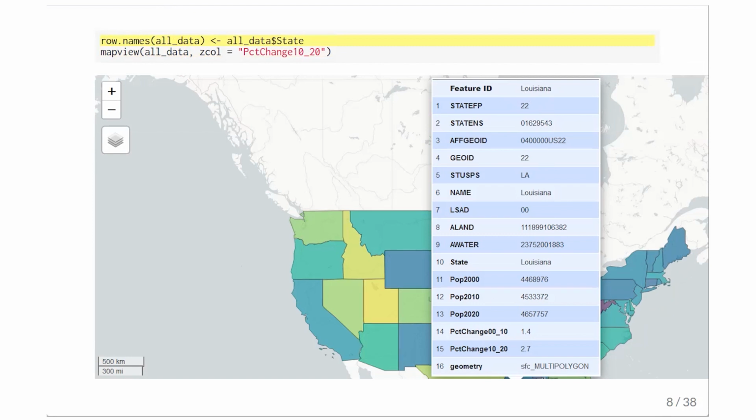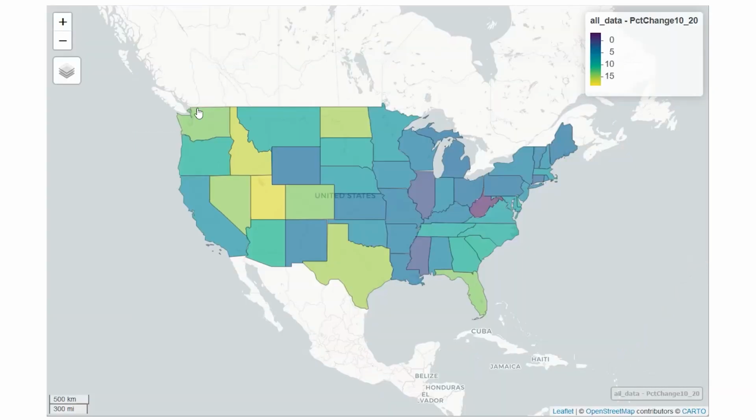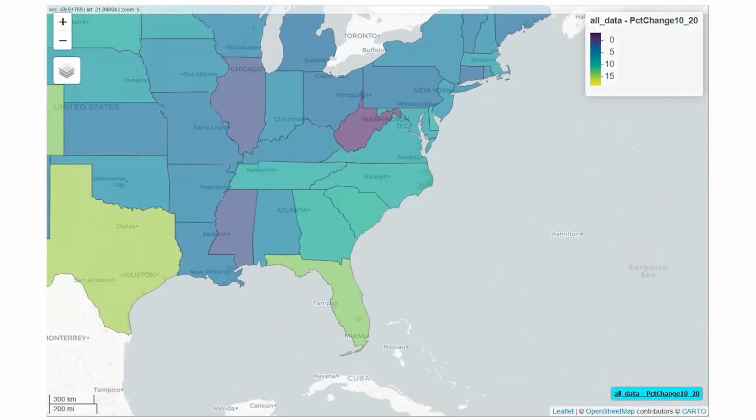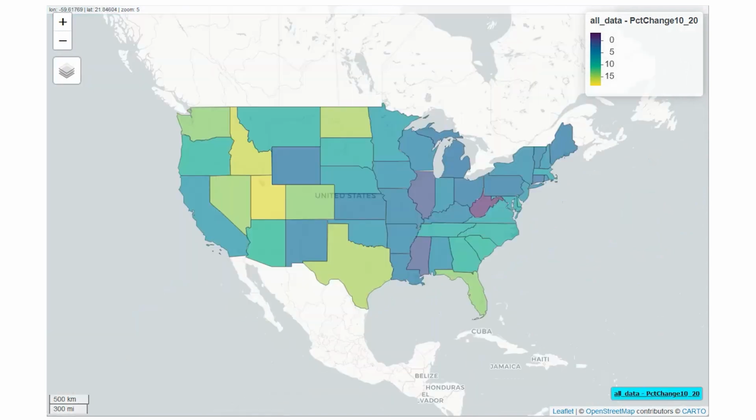Let me switch from my slide to a full browser window so you can see something else. If you look carefully at the top left while I move my mouse around the map, you can hopefully see some text showing the longitude and latitude of where my mouse is, as well as the leaflet zoom view number. Bottom left shows the map scale in kilometers and miles. Also, you should see a button at the bottom right with the name of my data set and column. If I move the map around or zoom it, and then I click this button, it'll take me back to the map starting point.